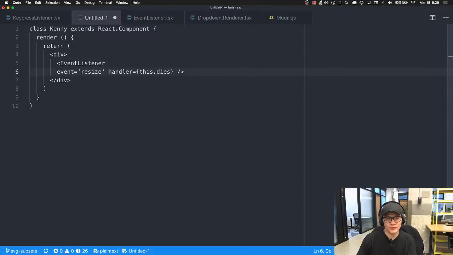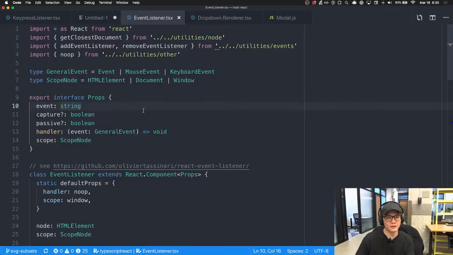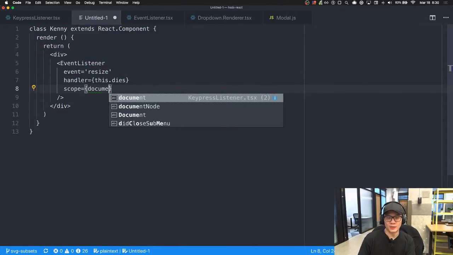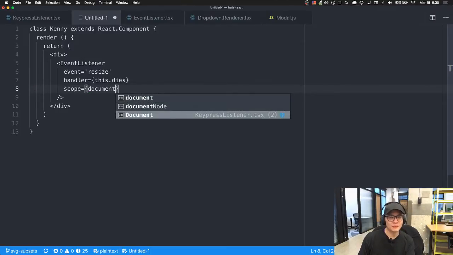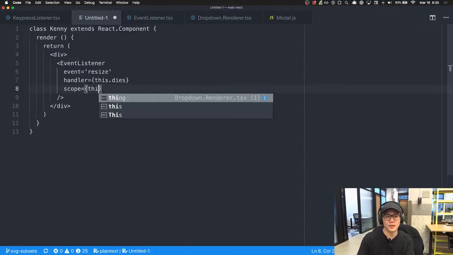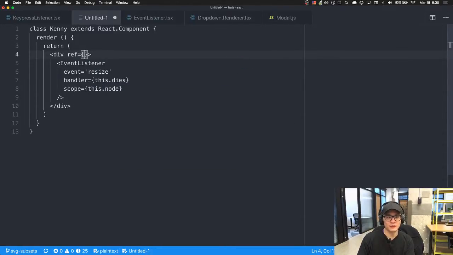The other thing that you can do with this event listener is, in addition to specifying the type, the event, and the handler, it's only 8 something in the morning. You can also specify the scope. So by default, the scope, I believe, is window. Yes. But you can override that by providing it with document. Because sometimes you want to bind your things to document, or you can bind it to particular elements as well, like this node, and you get that node from a ref here, and then set